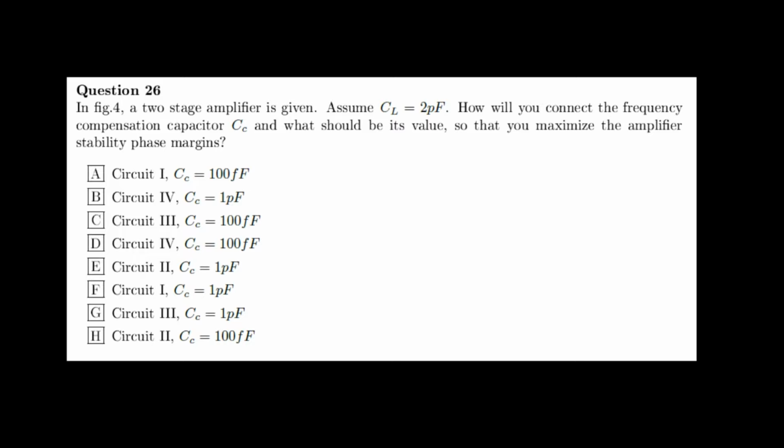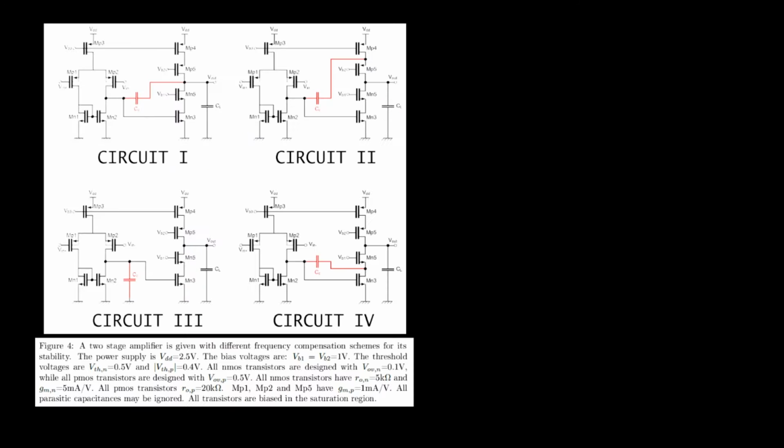amplifier stability phase margins? And then as the options we get 8 possibilities. Each circuit is given twice and they are given with different compensation capacitor values. So one of them is 1 picofarad and one of them is 100 femtofarads, which is the smaller option. This is figure 4. We get 4 identical circuits with different positions for our compensation capacitor. The caption mainly contains component values which we will not mainly use in this exercise, so we will just omit